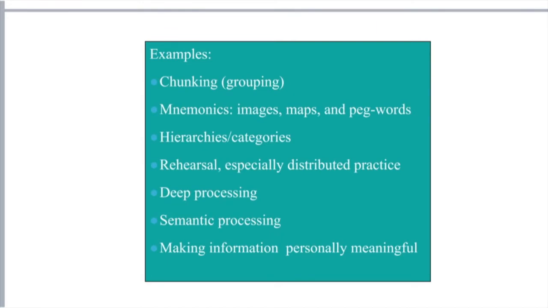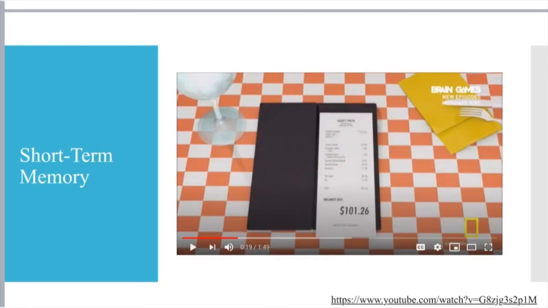It's been a hot second, and this is more than the allotted 7 digits that your short-term memory should be able to hold. But that's why we engage in effortful processing. And this is why we have to go above and beyond that automatic processing in order to actually recall information that we have encoded. So we are going to watch a quick video on short-term memory and what that looks like, and then we're going to continue on talking about long-term memory and the different aspects of long-term memory.